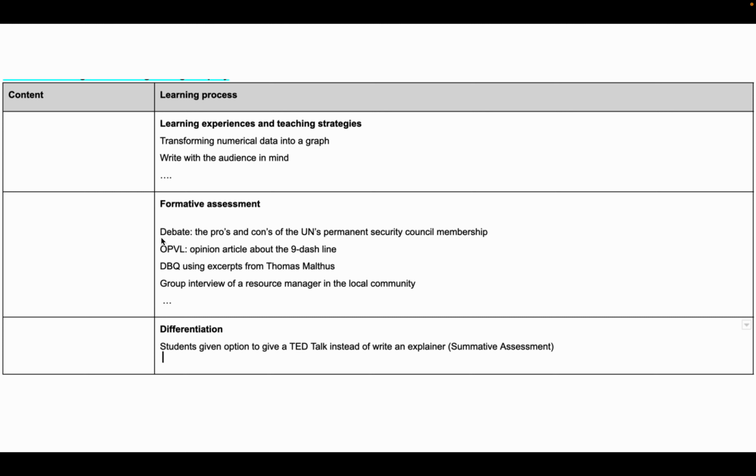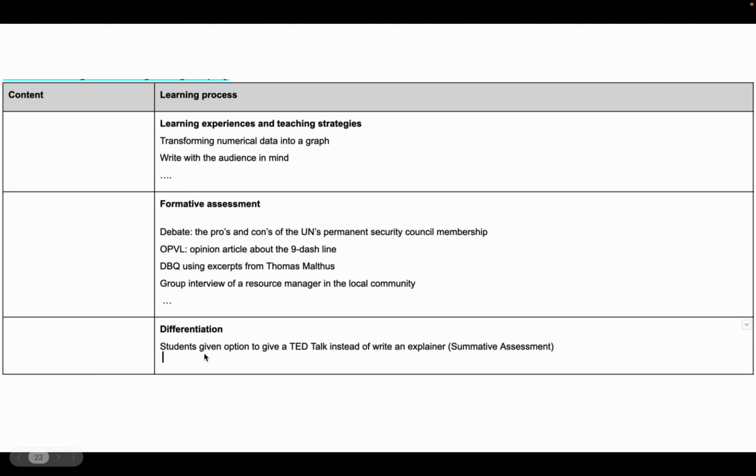I might have the students do a debate as part of their formative assessment. They might have to complete an origin, purpose, value, and limitation chart about an article, preferably in this case, an opinion article, so that the students have more chances to recognize bias. They might have a DBQ about Malthusian perspective on resources and population. They might do a group interview,